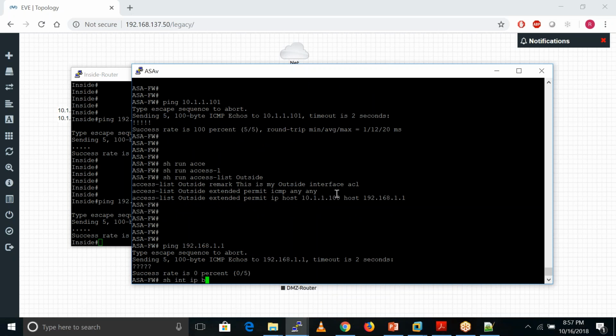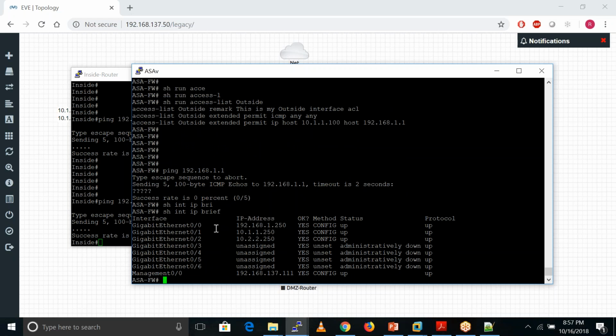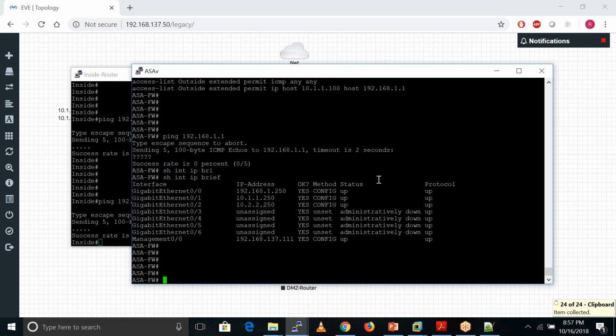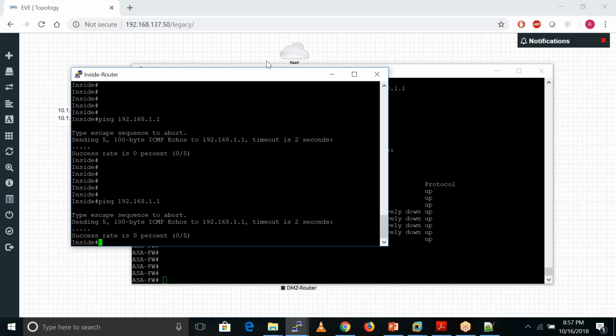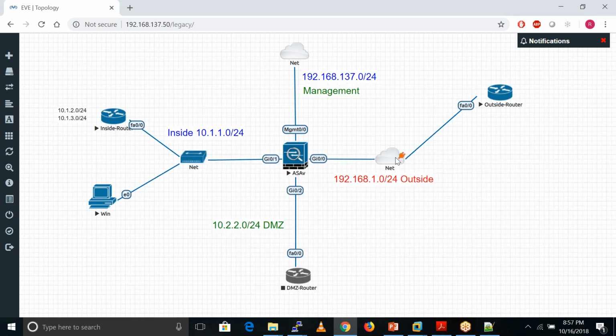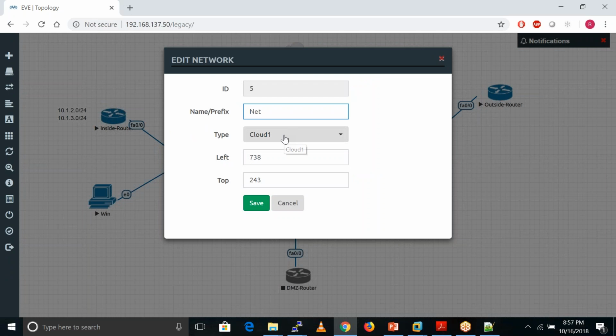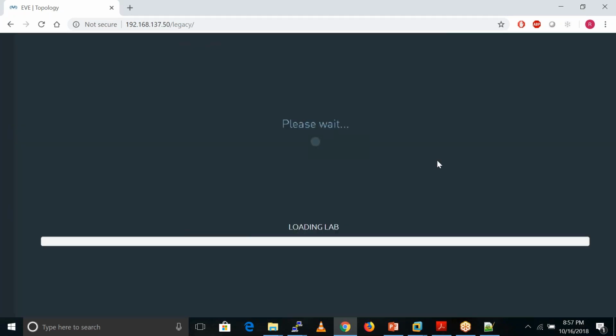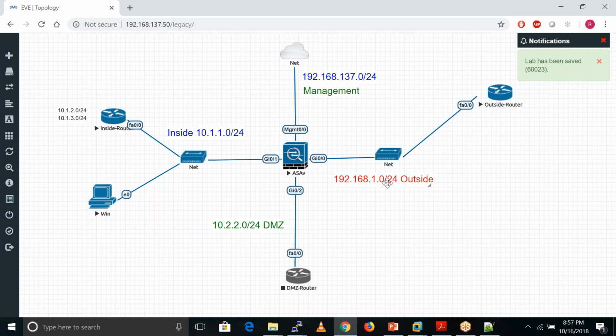So interface IP brief, let me see. I already have configured this interface, 192.168.1.250, that is the IP address. Let me just make it bridge. Maybe I am getting the issue with this host.